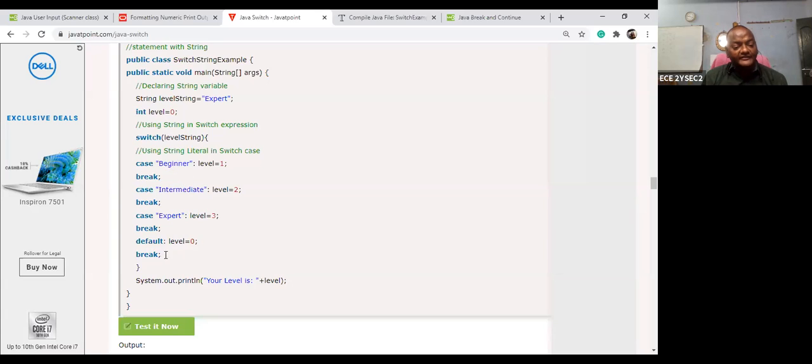This is the default, level is equal to break. Suppose if the level is equal to 1, you are giving beginner. So let us take a level string: beginner, intermediate, expert. If you give the level string beginner, then you will get level 1. Then this is a break, which means no successive instruction should be executed.